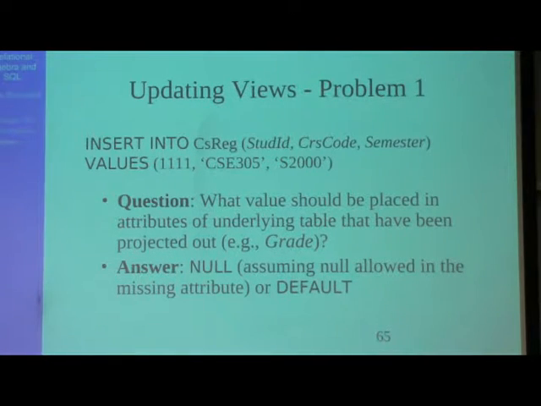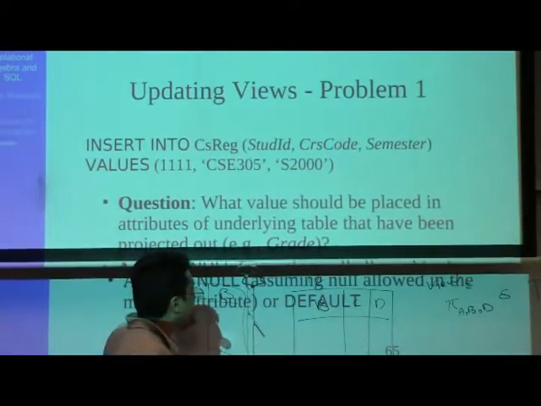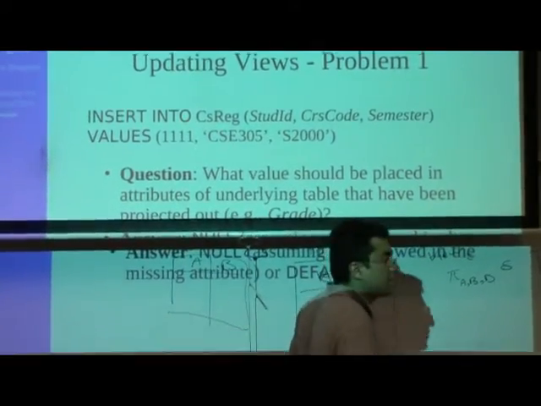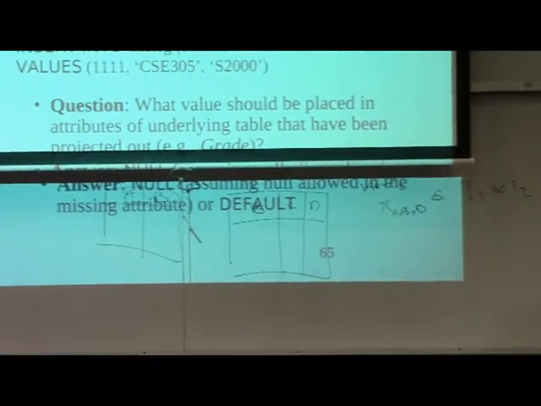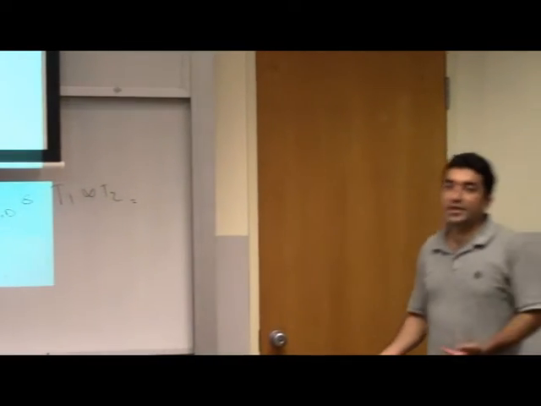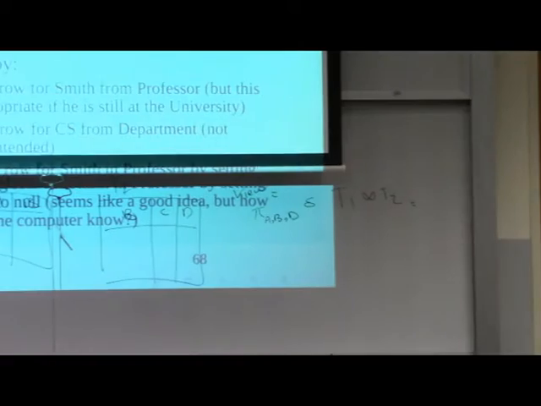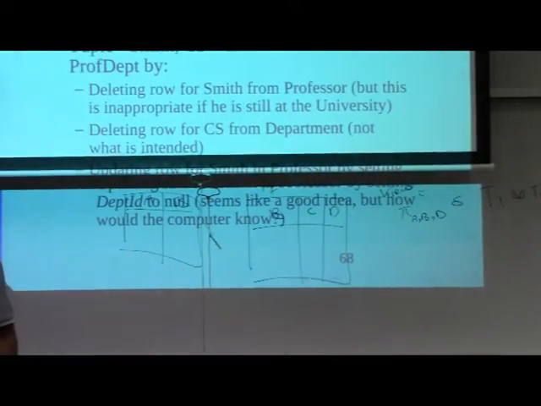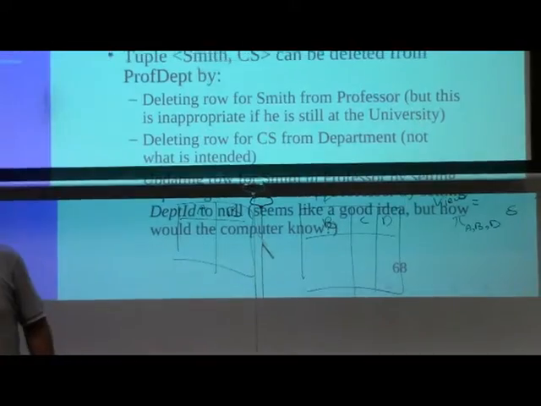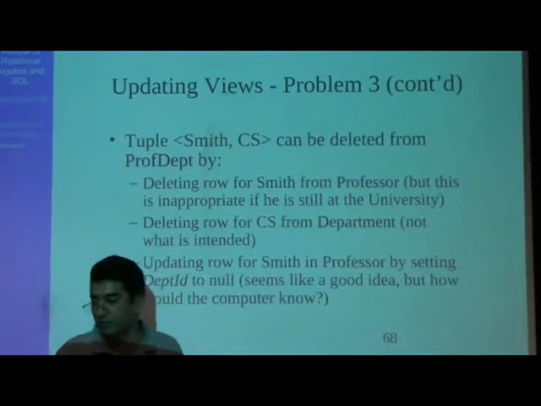Okay, so one more question. You are inserting something into the view. For example, here, I'm inserting something to this view, and C is not nullable. So what will happen? Either the default will be assigned to C, or the transaction should be rolled back. So one more thing